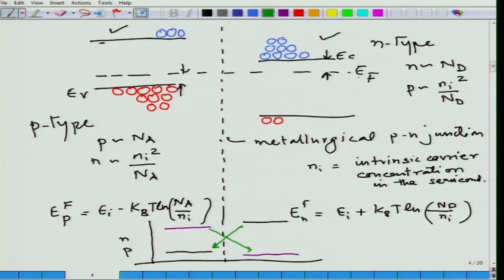then this is going to be in equilibrium eventually, and your junction will have the bending of the energy band at the junction because of this exchange of electrons and holes. So, let us look at this exchange of electrons and holes and what will happen eventually once these are allowed to move. So, because of this motion,